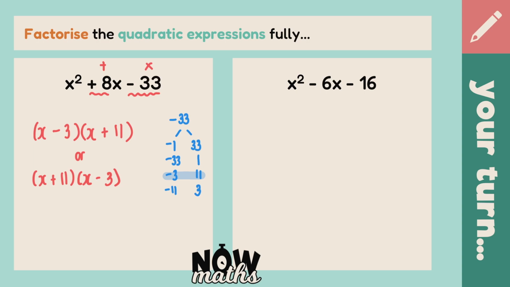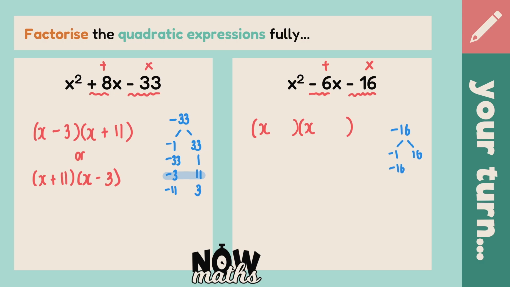Now taking a look at the question on the right hand side, again we know we're going into double brackets here and we know we need an x in the front of each bracket. And for this particular question we need to find two numbers which multiply to make negative 16 and add to make negative 6. So listing our numbers which multiply to make negative 16, we could have negative 1 and 16,